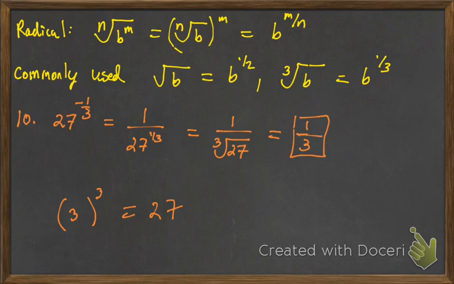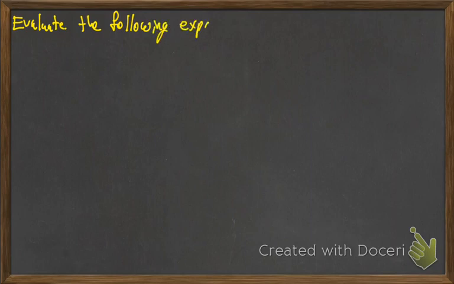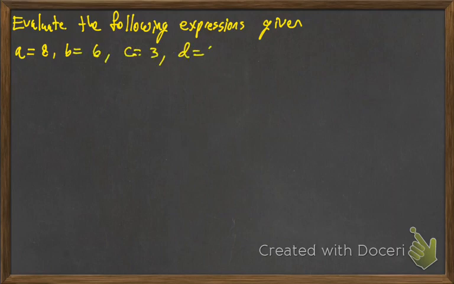Okay. The last thing we're going to look at is evaluating some expressions. And what we do there is they'll give us some values for a, b, c, whatever, or maybe x and y. They'll give us an expression, and you just got to plug those numbers in. And it's basically an order of operations problem after you plug in the numbers here. So we're going to evaluate a is 8, b is 6, c is 3, d is 4, and e is -2. And we'll do 2 examples of